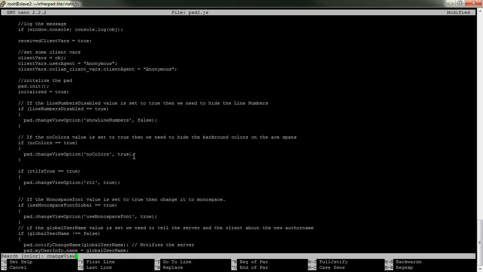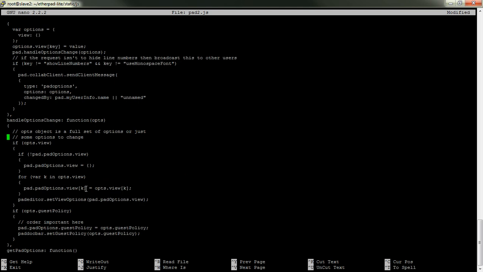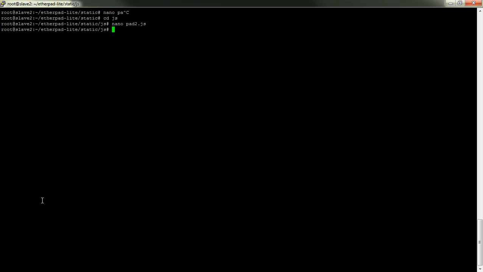So if we look at change view option, the actual function, you'll see what it does is it passes the option to, where is it, handle options change. So it passes it to another function, and then this function passes it basically as a pair value. So in this case it's RTL true through set view options. Now you'll see that set view options is part of the pad editor, so what we have to do is exit this file, go to pad editor,